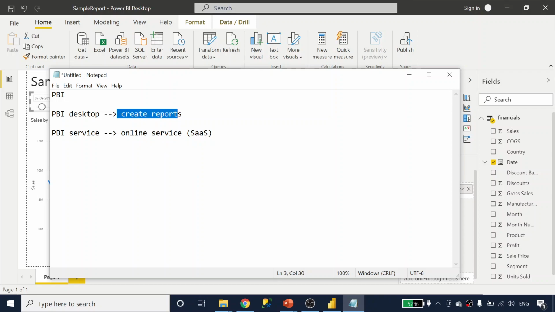Once you create your reports, if you want to share those reports with everyone across the organization, or if you want to collaborate on the same report with a couple of other people, this is the area where you have to deploy your report. So after creating your report in Power BI Desktop, using this publish button, you need to publish the report to the Power BI service, so that everyone can come to that service and view and consume that report, right? There are a lot of things to cover inside this Power BI service. What the PBI service is, what components it has, and how it will work. Everything we will see in detail in our upcoming videos.